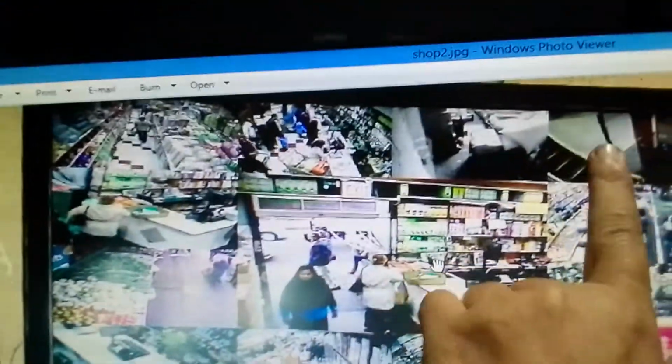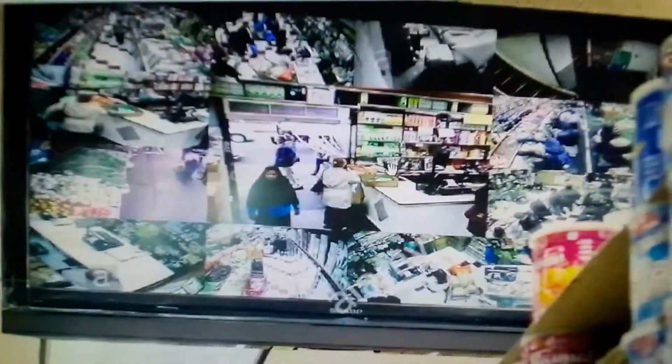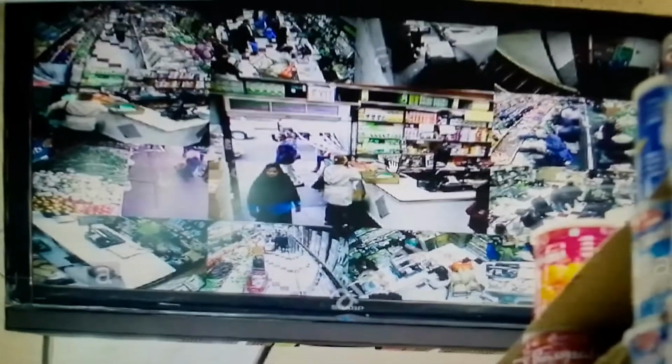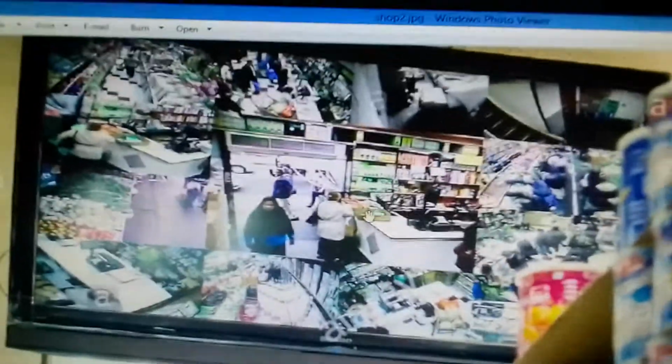So this is vegetable area of the supermarket. This is a grocery area. These are the stairs, cash counters. So various cameras are there in the supermarkets, and these feeds or these screens are coming from those cameras. So computers in this way are also used to monitor customers' movements in supermarkets. Okay, now let's move on to the next picture.